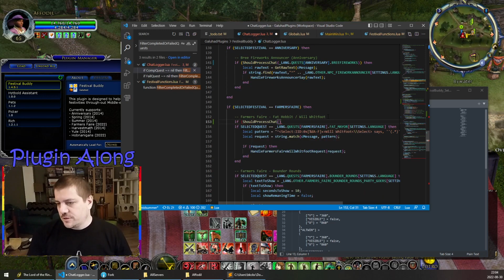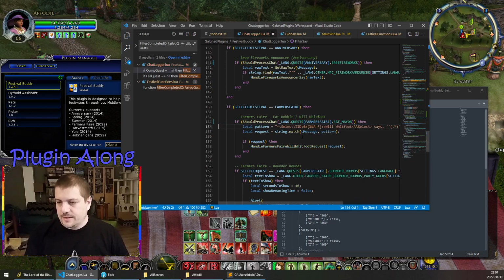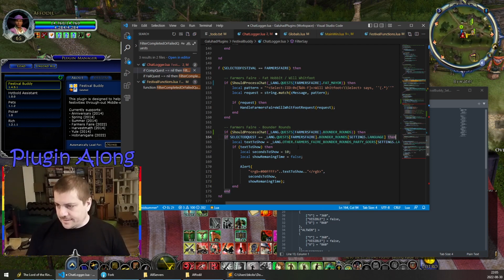Okay, so same thing here. If should process chat of line quest Farmers Faire Fat Mare, one reason or the other, then, all right, same thing down here. If should process chat, and we're pulling out a line Bound Arounds. There we go. Then